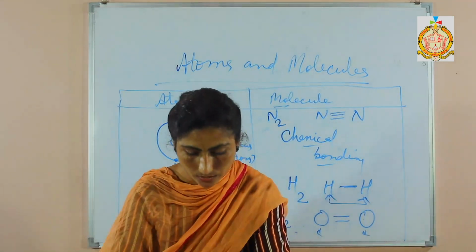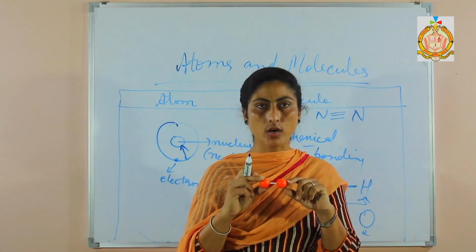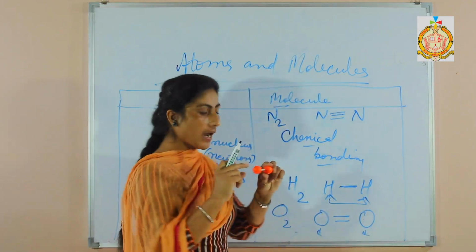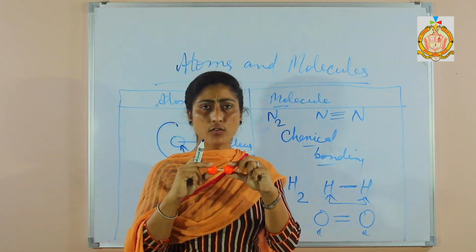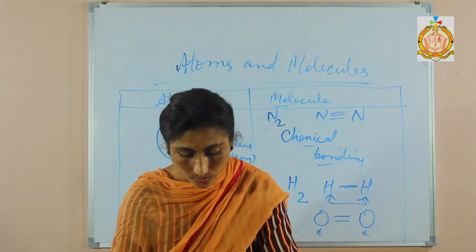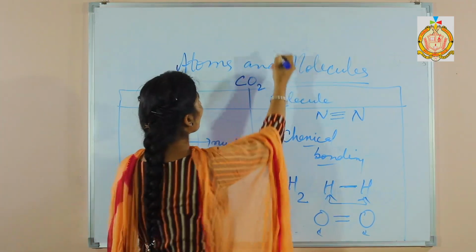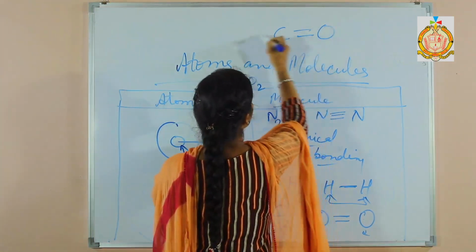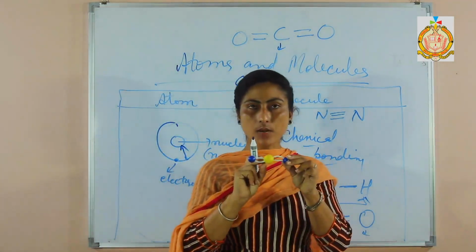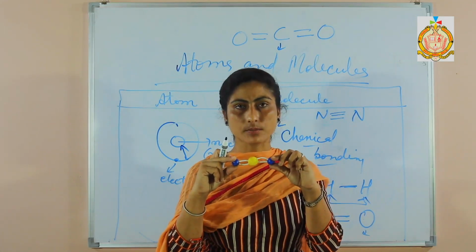You can see here, this is a model of hydrogen, this is a ball and stick model, which is a molecular model of compounds. This is hydrogen, one atom of hydrogen and one atom of hydrogen, and they have a single bond between them. Next, this is carbon dioxide. One molecule of carbon dioxide has carbon and oxygen. The central atom is carbon, and this carbon makes a double bond with this oxygen and a double bond with this second oxygen.